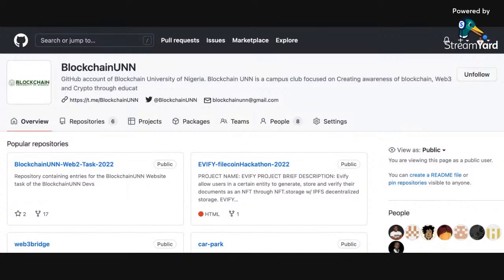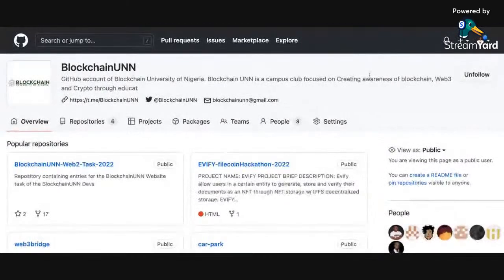So this is the BlockchainUNN GitHub account. Please ensure you follow. When you go to the GitHub account, click on this place, I've followed it already. If you go there, you see what is written as follow. How you can get our GitHub account: github.com, let me copy it and type it again so you can see. If you want to get our account, what you basically type is github.com/blockchainUNN. So go and follow this GitHub account. Once you get there, that's our GitHub account.